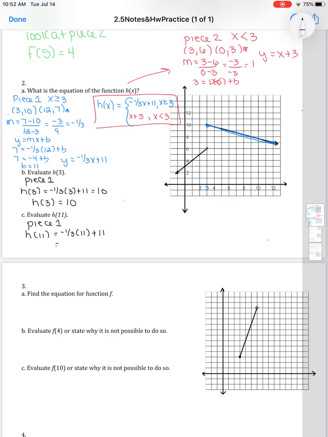Now for h of 11, same thing. We're still on piece number 1. We're doing h of 11, so we're going to sub that in. You're going to get negative 11/3 plus 11. If we get our common denominators here, 11 is 33 over 3, which gets us 22 over 3. So h of 11 gets us 22 over 3 for a final answer. That one's a little bit harder to read just because it's not exactly on a point. And you want